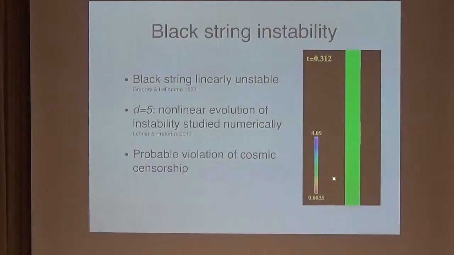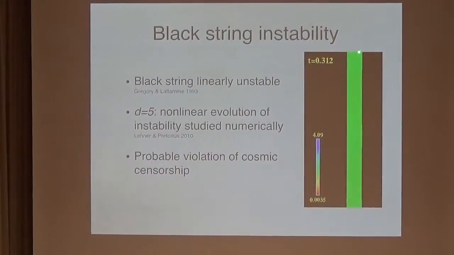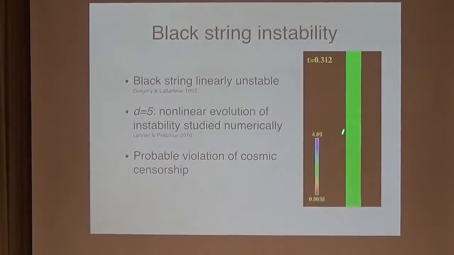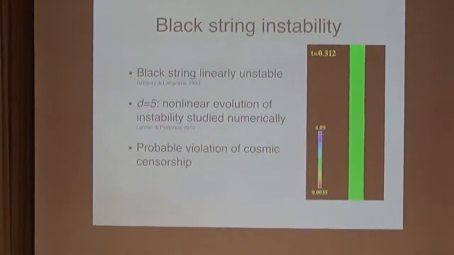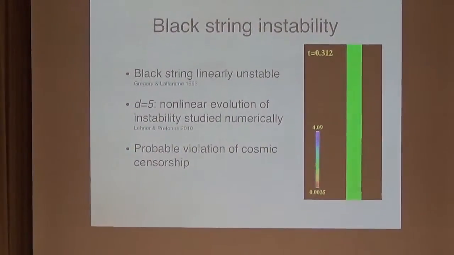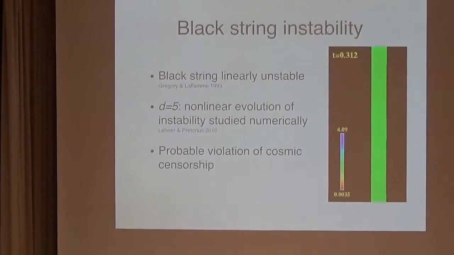So here is the apparent horizon of one of these infinitely extended black strings, which is very slightly perturbed by a perturbation which breaks the translational symmetry. In the top left-hand corner is the time as measured by an asymptotic observer, someone far from the string. What we're going to see is that the instability is going to become strong.